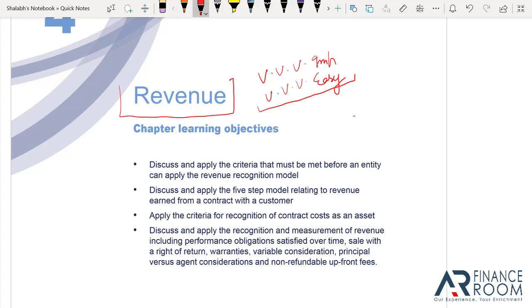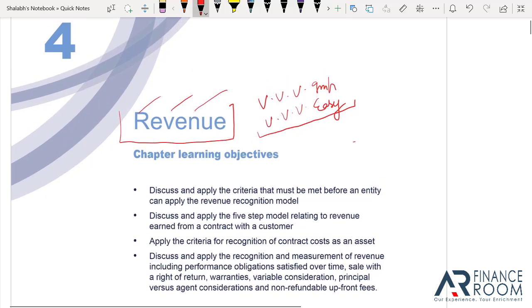See, in any kind of business, there are chances that a business may have no assets or very minimal assets, let's say property, plant and equipment, but no business can survive without revenue. Revenue is the lifeblood of any business, so whichever industry you choose to work in, this very IFRS is required in each and every kind of industry. You can understand the importance of revenue.